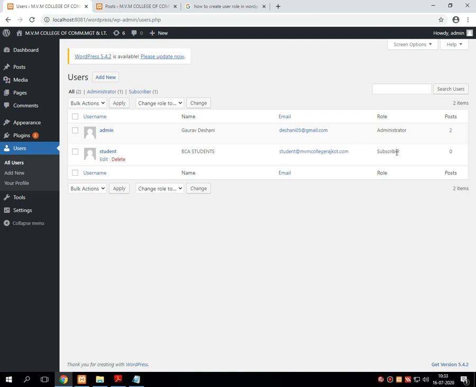With changes over here, this is the way to create the user and to assign the role for the particular user. Here I have just changed the information of the user that I have created.